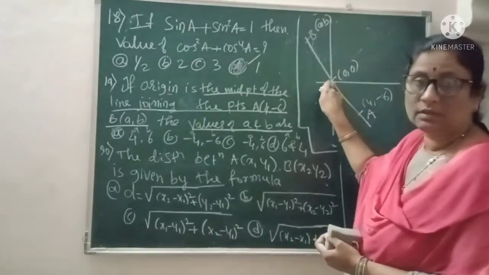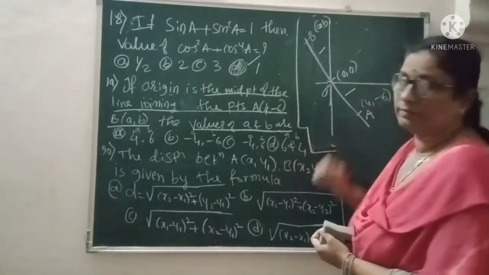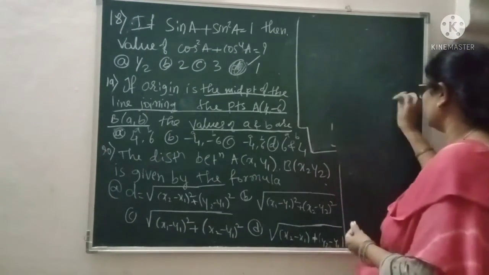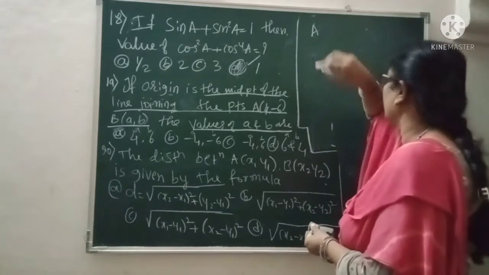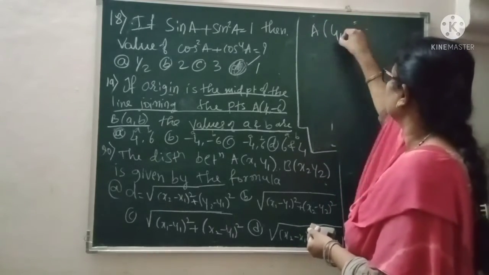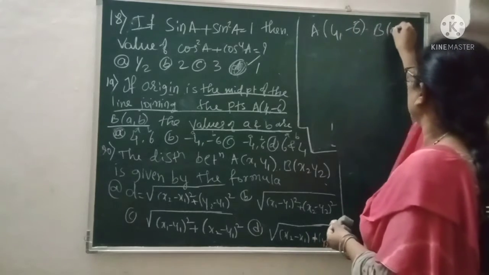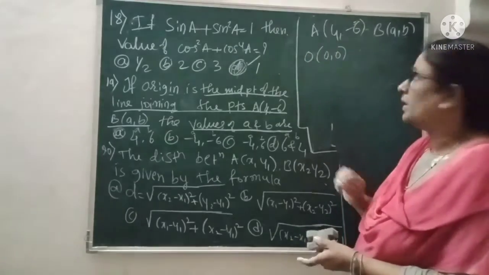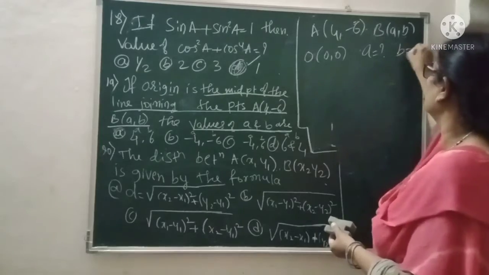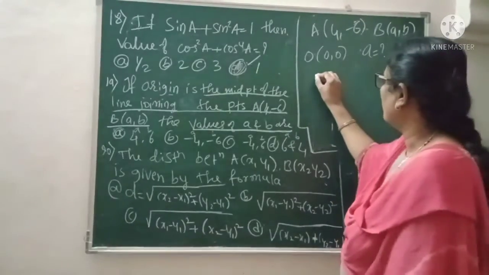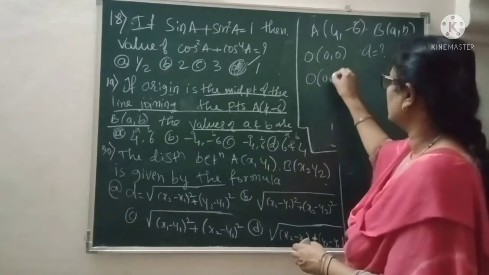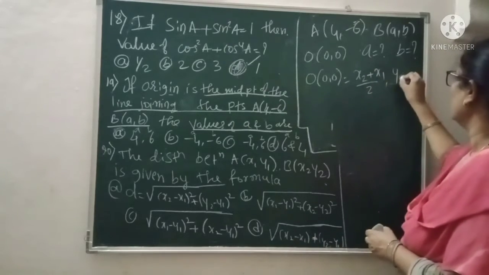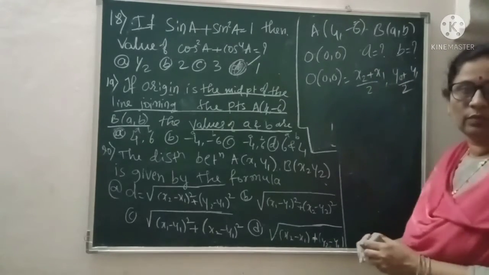As it is given origin is the midpoint, you are getting the ratios just 1 and 1. You know that one. So we move to the midpoint theorem formula. You are given the coordinates of A as 4 and minus 6, and B as A and B, and the coordinates of the point O are 0 and 0. Then what is the value of A and B? We have the formula to get that one. The coordinates of the origin are given by the midpoint formula: x2 plus x1 divided by 2 and y2 plus y1 divided by 2.